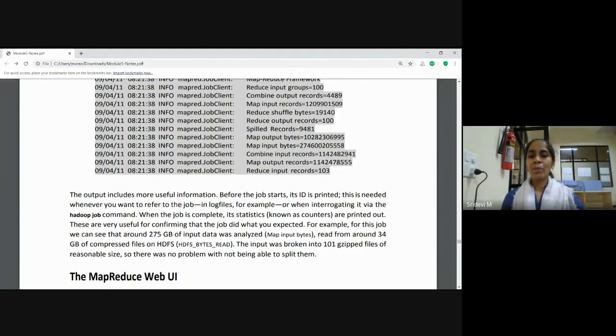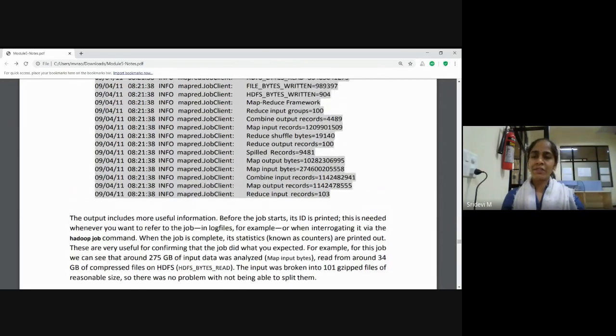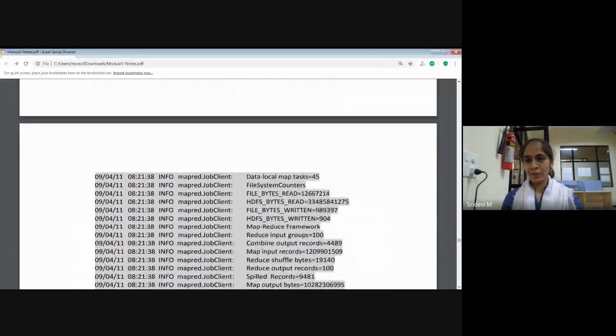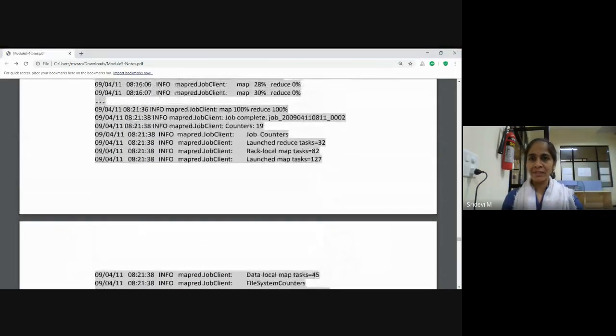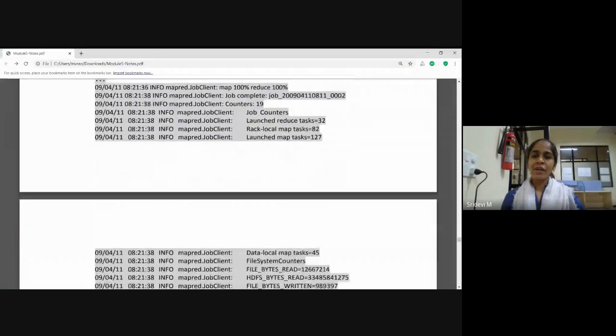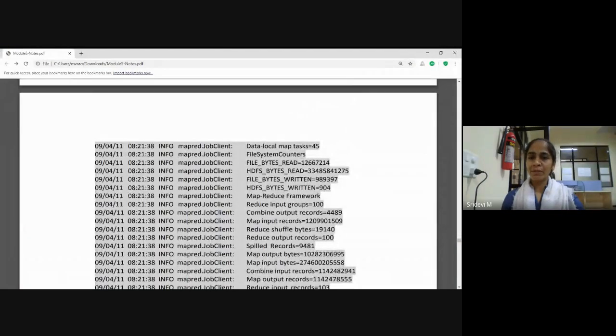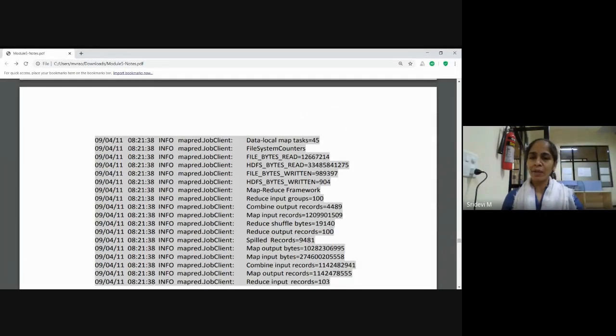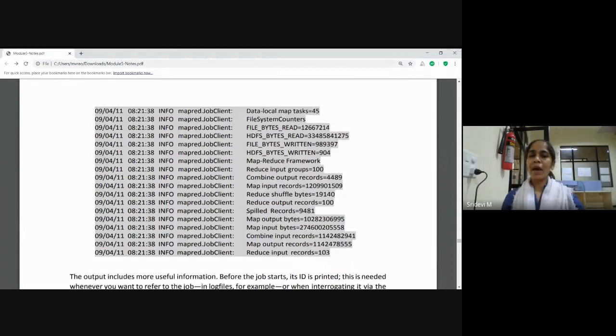So there was no problem with not being able to split them. It is just packed into 101 input splits in this case, and passed on to map and reduce phases where it has read 35 GB data. HDFS bytes read are 35 GB each time from the input splits, and total map input bytes read are 275 GB.